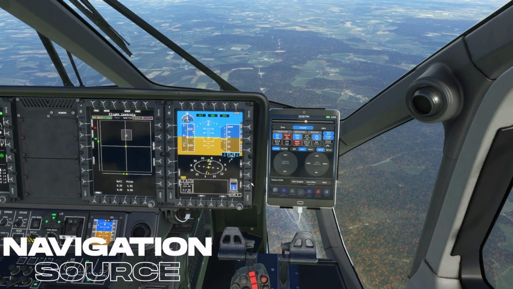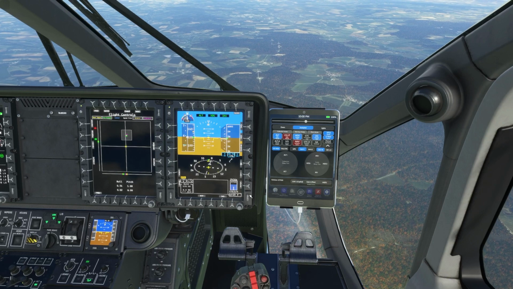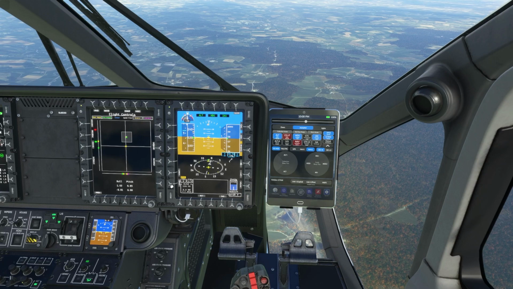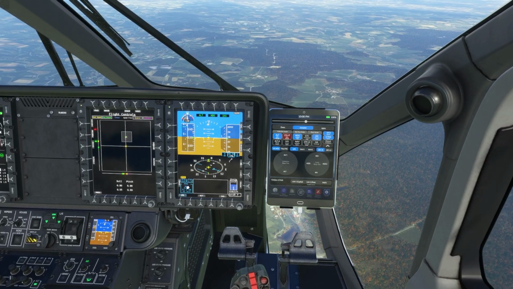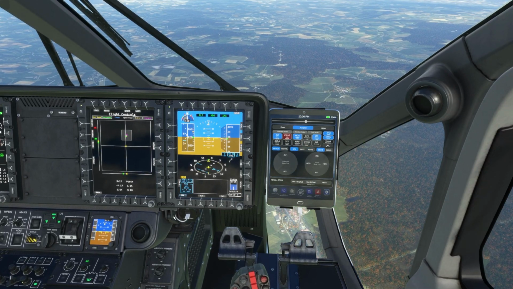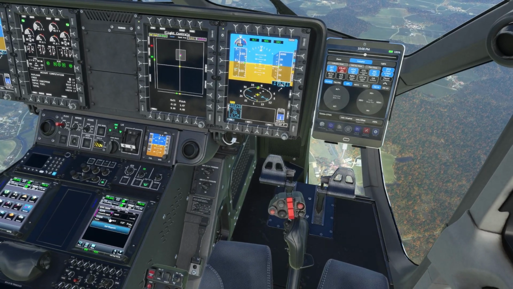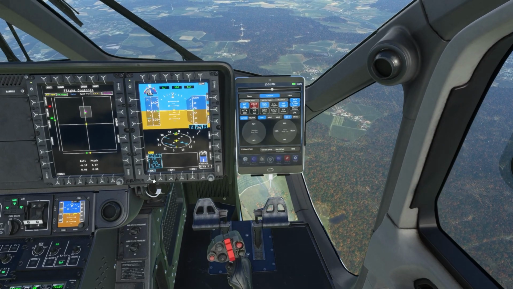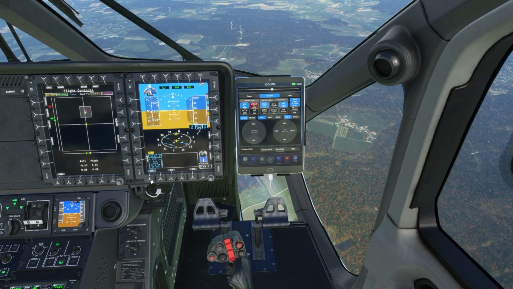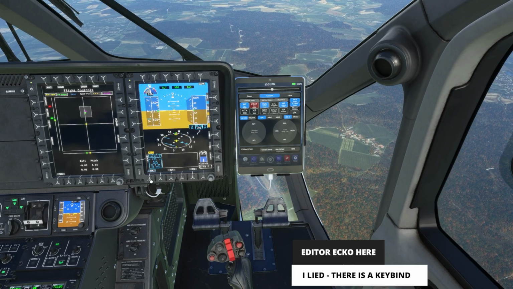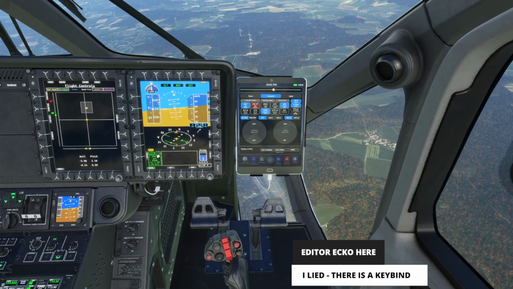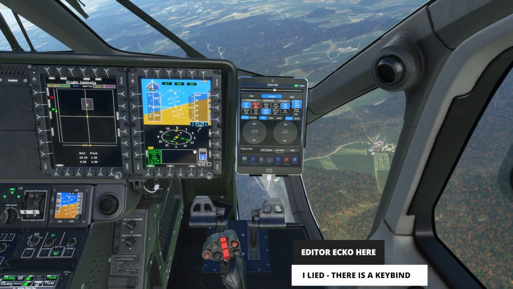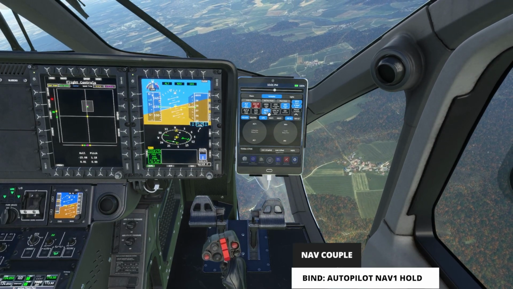Now we did engage heading mode, but I also have a function that will couple with the navigation mode. And if this nav button is displaying information from your flight management system, so we have a waypoint in the GTN 750, this gives us the ability to couple. And the button that I have bound will actually hit this couple button. You can see it turns green. We've got our course line and our bearing that we need to,